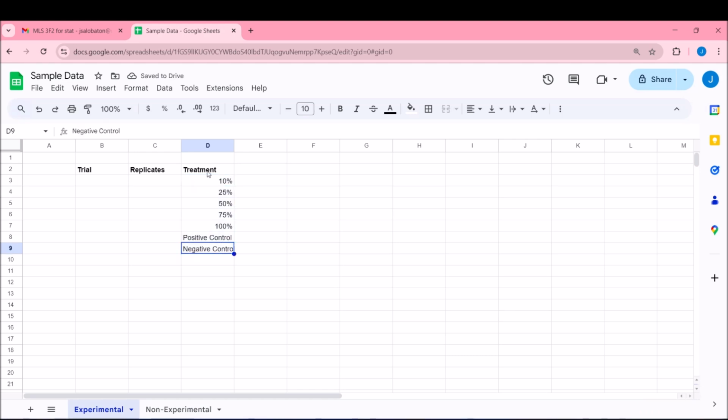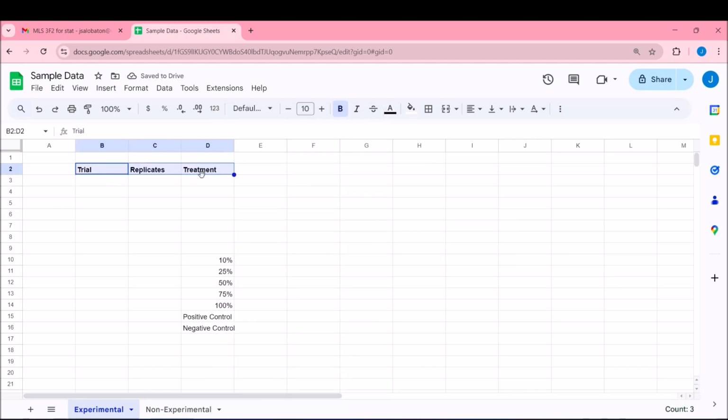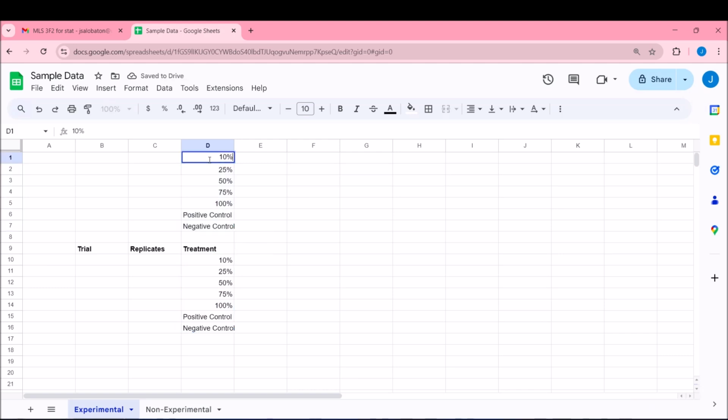So you have to label these. This is 1, this is 2, 3, 4. Usually there's no 100%, so you can just remove that one.